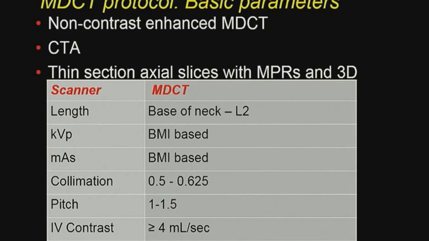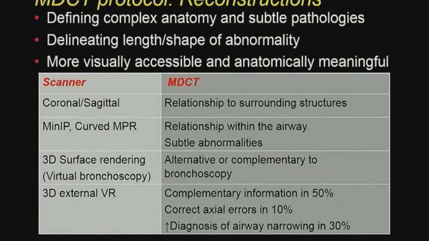Relatively high pitch can be used because it actually provides us enough of the resolution. And when we are injecting IV contrast, we should think about it as a CT angiography and do it at least at 4 milliliters per second. Now, the reconstructions are extremely helpful, and I will show you a couple of examples because they're defining the complex